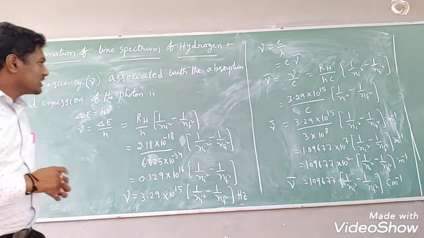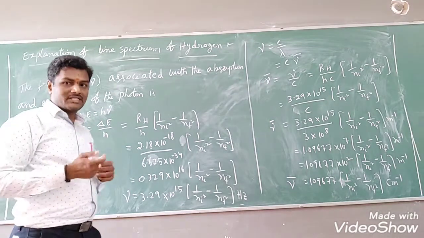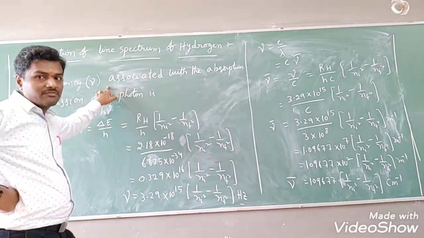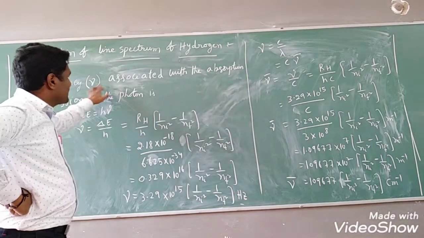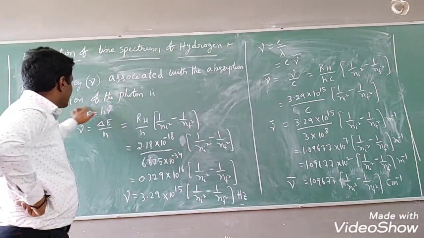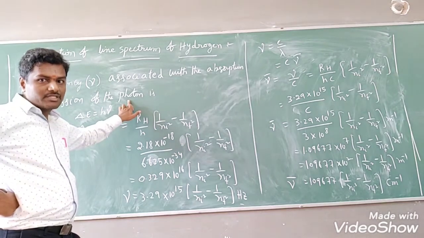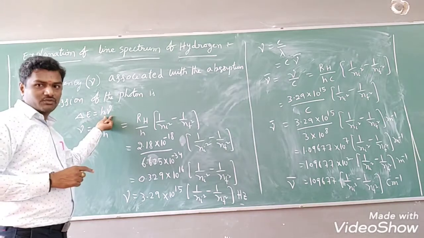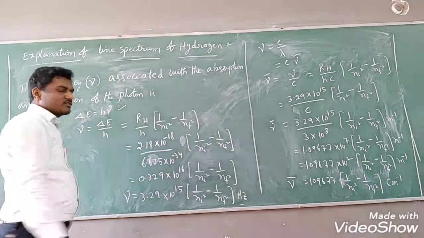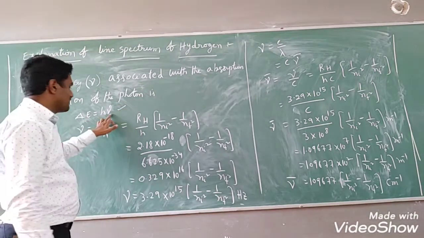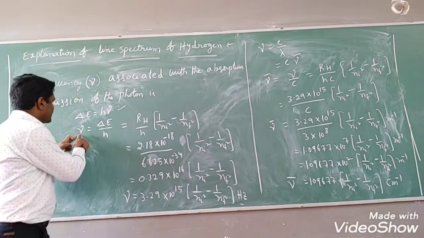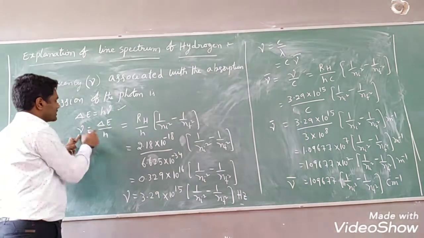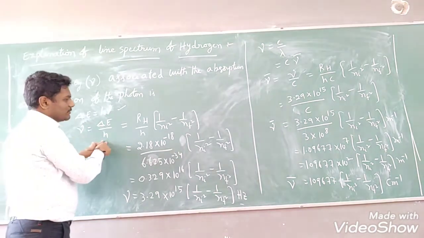Let us see, students, we have calculated the energy already. Now we are going to discuss frequency. How do we calculate frequency from the energy factor? The frequency is associated with the absorption and the emission of the photon. The relation between frequency and energy is delta E equals h nu. We know that already, students, from Planck's quantum theory. But we need to calculate frequency now, so keep nu like that and send h to the other side: nu equals delta E by h.